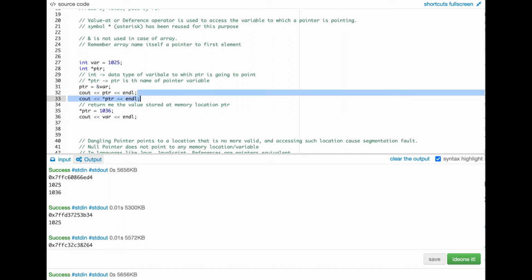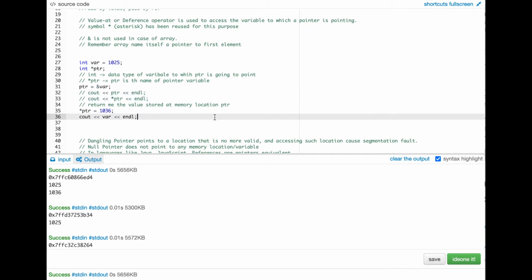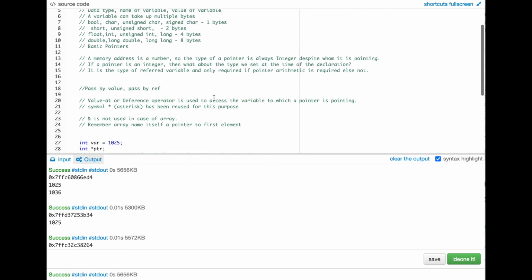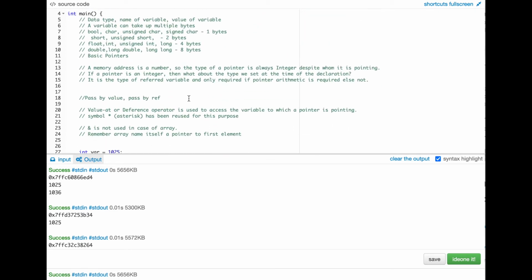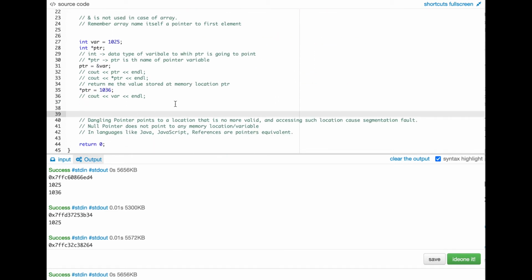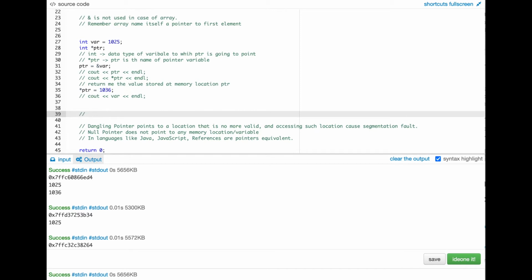Okay, so now let us look at the second thing, which is pointer to pointer. I've also created some notes here. If you want, you can go through them later on. These are just normal concepts which we have already covered in the last video, but I thought I'd write them down so that you have something to revise from. Okay, now let us look at the second part, which is pointer to pointer.